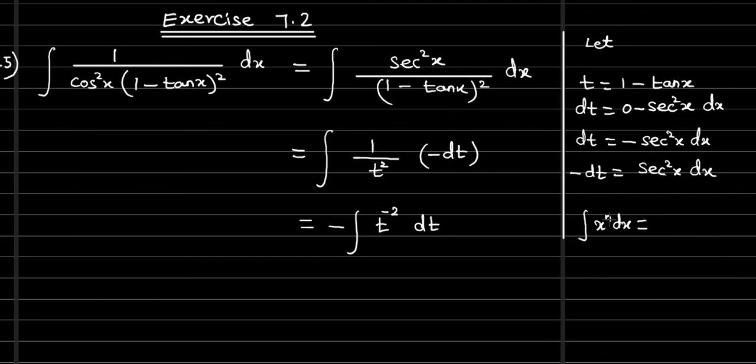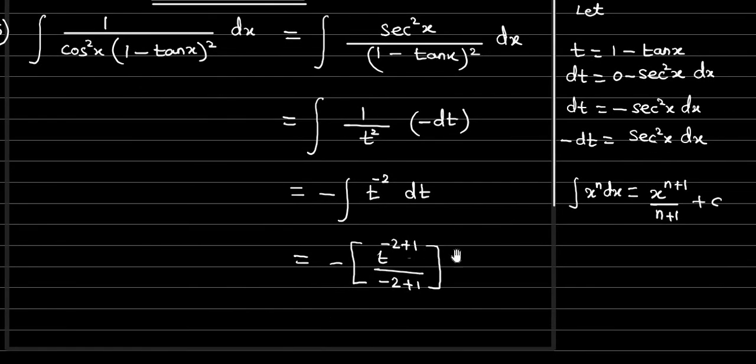Now we have the integral of x power n dx formula. If x is raised to some numerical value, then whatever we have for the power we need to add plus 1, and the same power we need to repeat in the denominator, and then plus c. This is the standard form. Here it is in terms of x, but in our case it is in terms of t. The same way we can proceed. Minus. So what is the power for t? Minus 2. Whatever we have for the power, we need to add plus 1. After that, the same power we need to take to the denominator. That's all, integration is done. Now we need to put plus c.